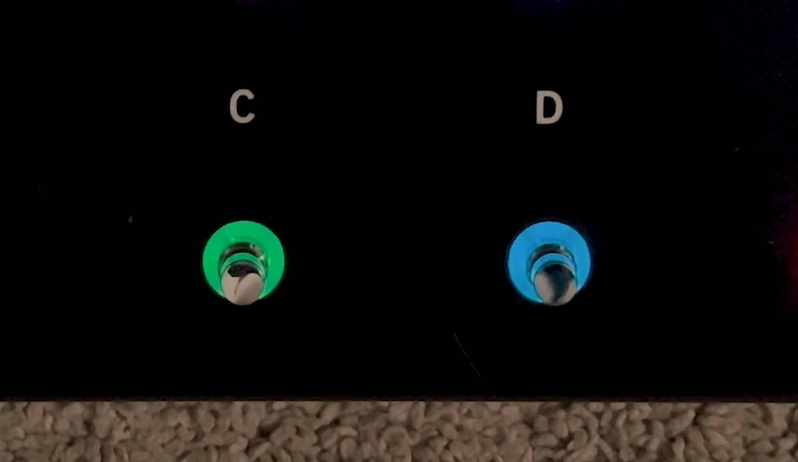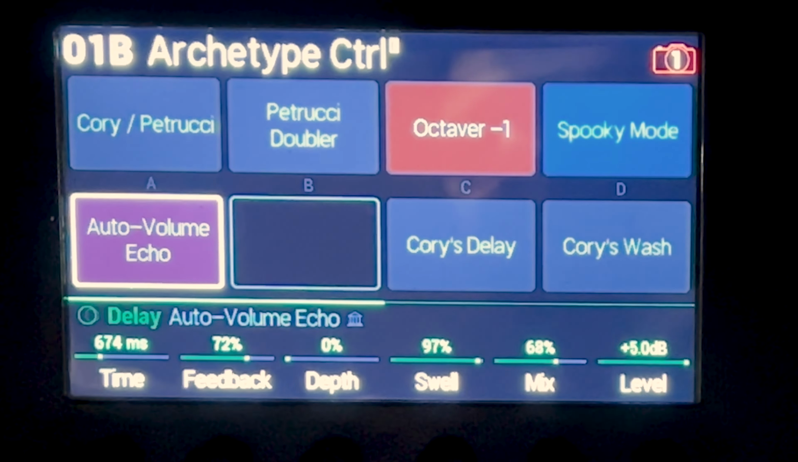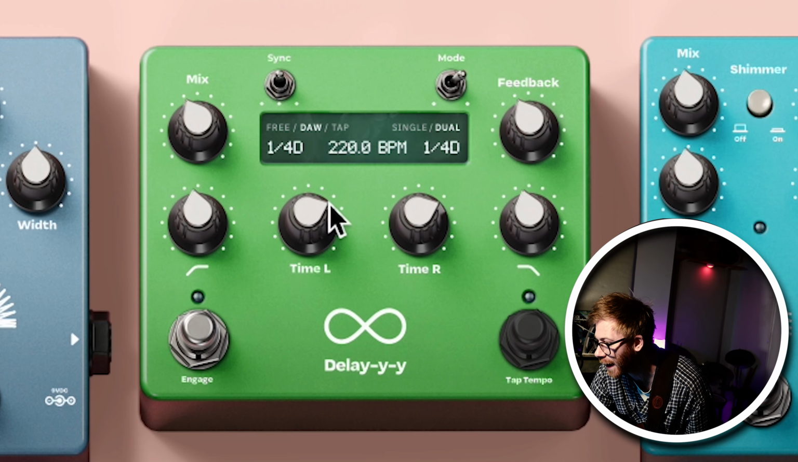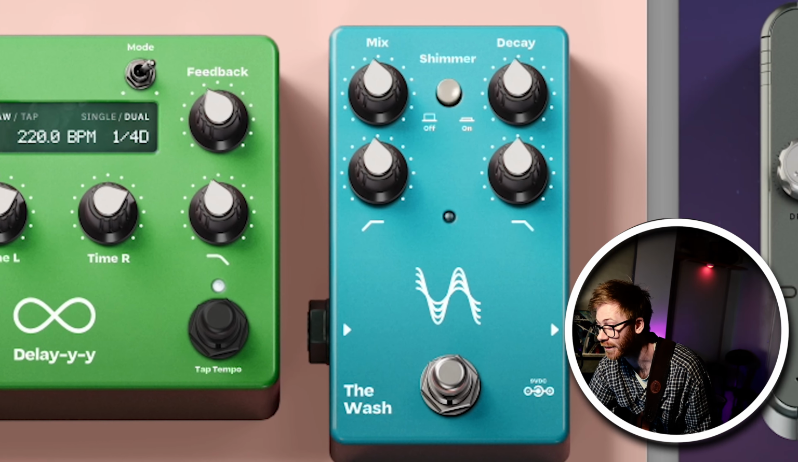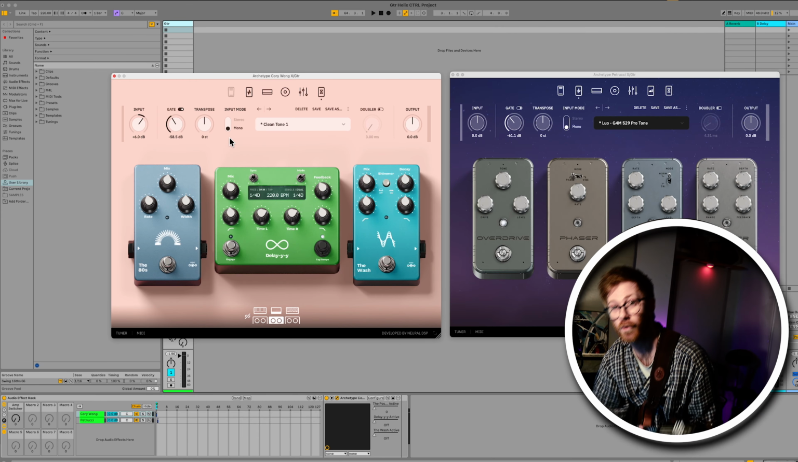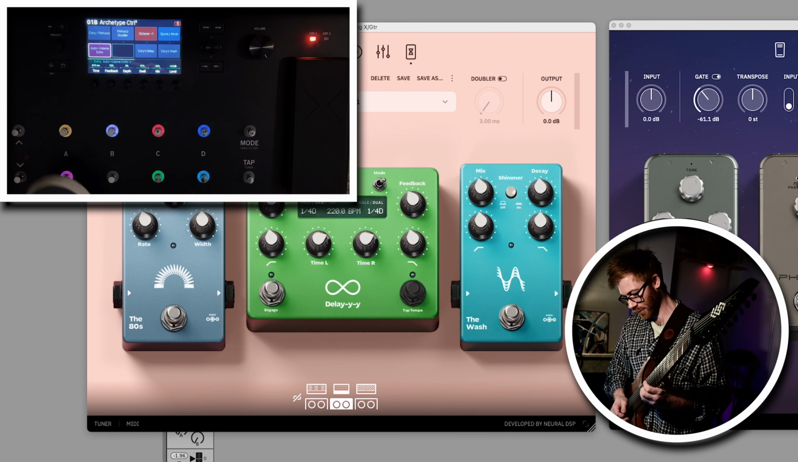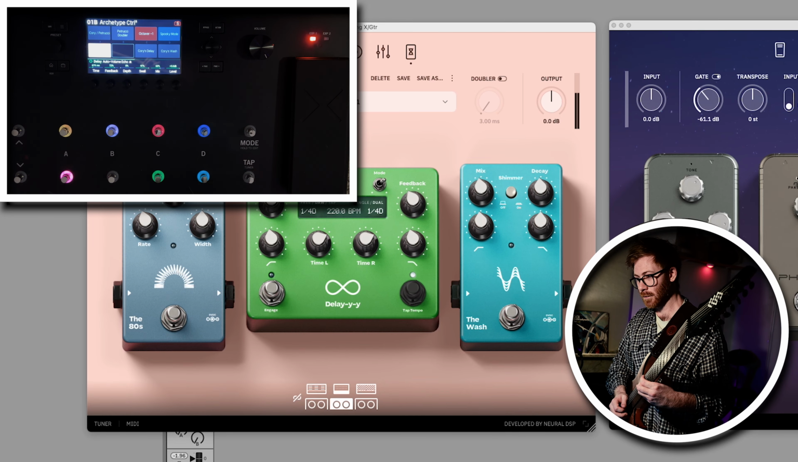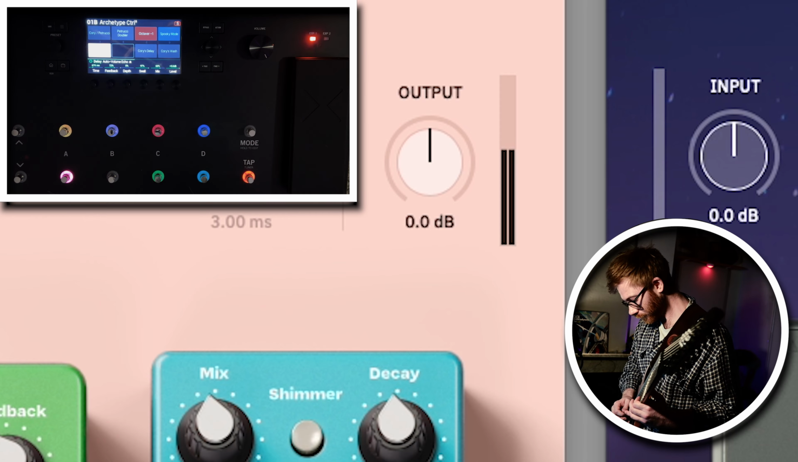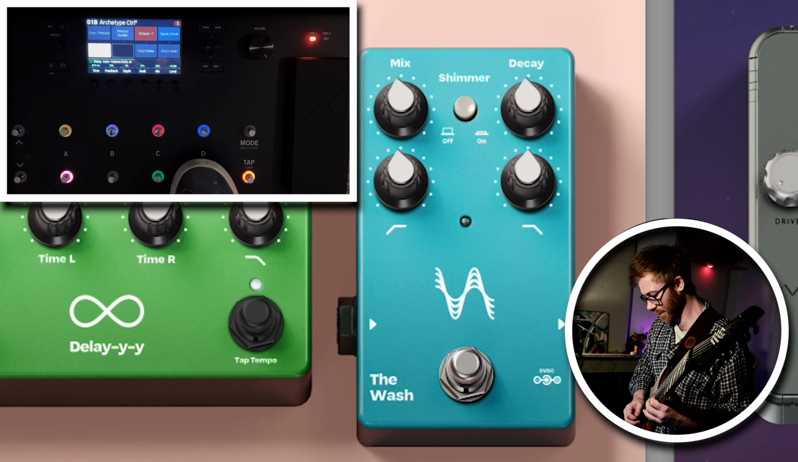I've got these two switches here for Cory's delay and Cory's wash, which are going to activate the delay and the reverb in Archetype Cory Wong at the end of the signal chain, which then turns my guitar stereo as well. So we go from a mono signal there, but if I engage the reverb,